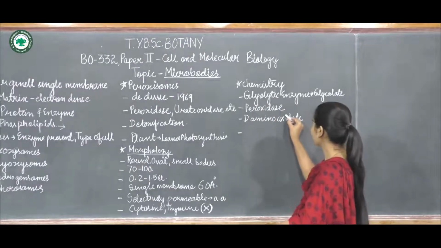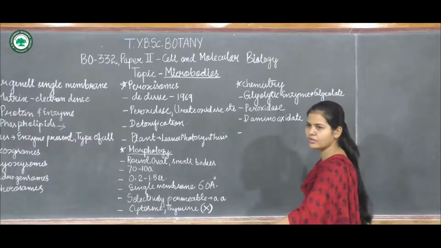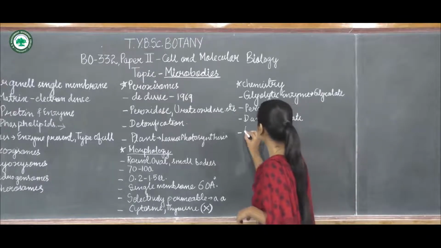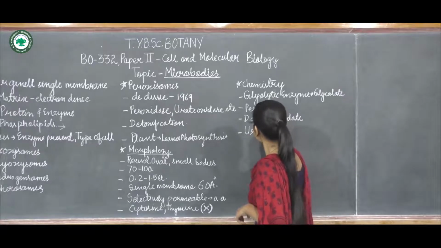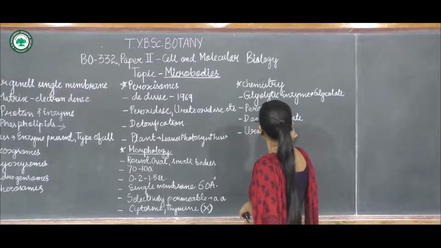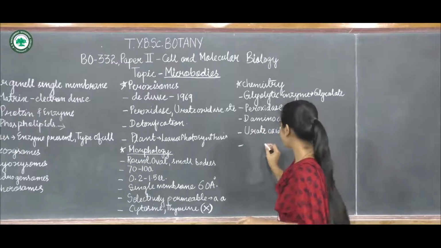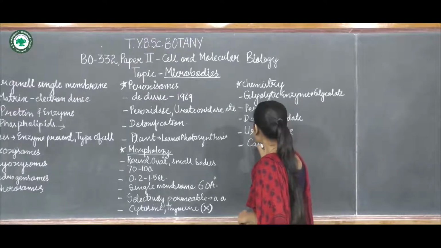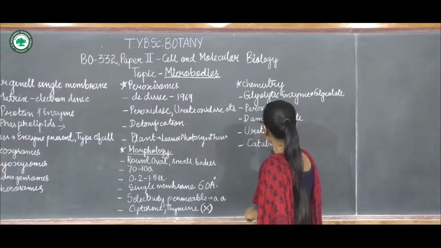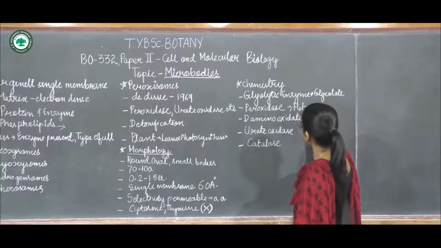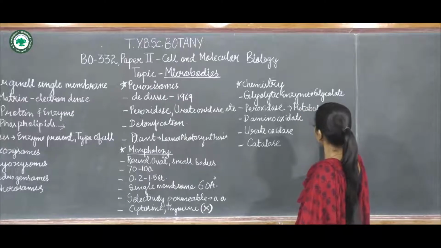It also has a role in detoxification, that is in the metabolism of hydrogen peroxide. Next is urate oxidase, and one more is catalase. So this is involved in the metabolism of